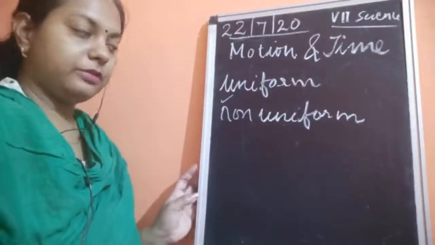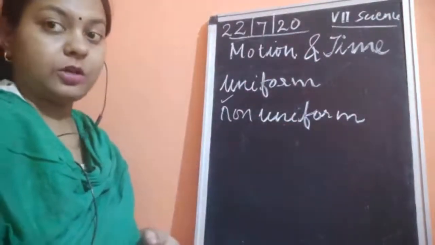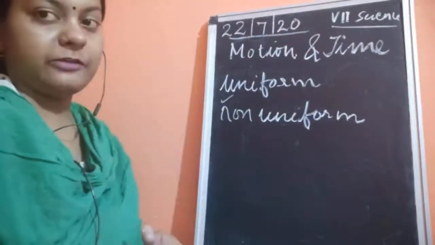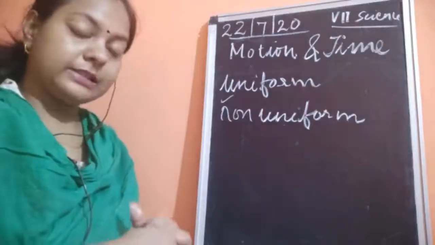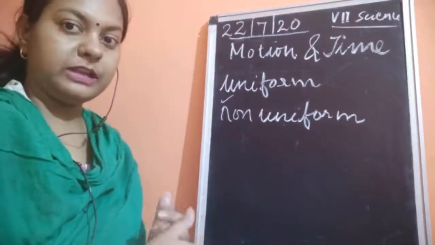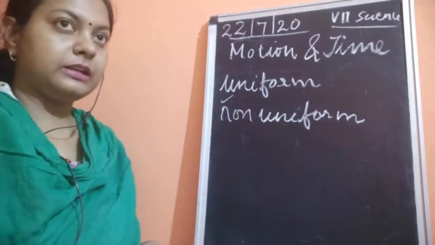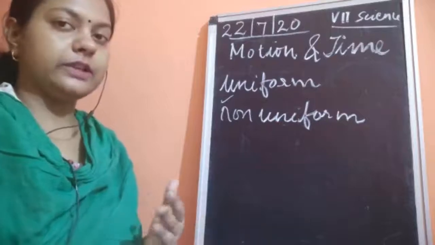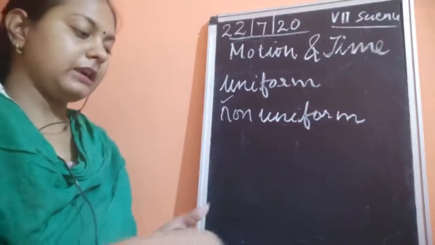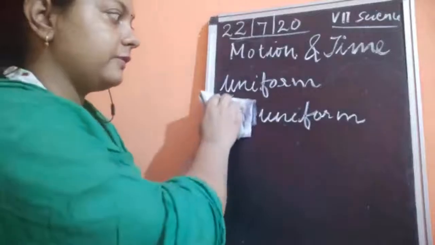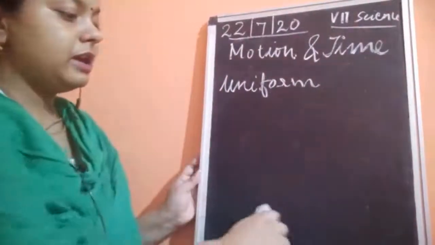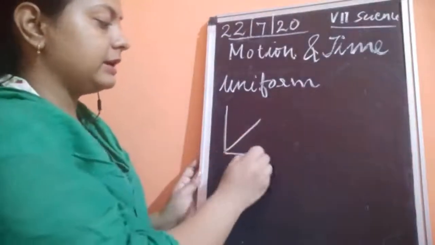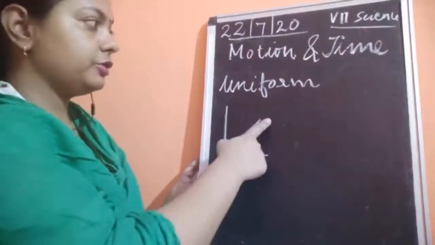So this was the topic we discussed yesterday, and I also gave you how to plot a graph when you have been given the data, and we discussed numericals based upon distance, speed and time. Today also we are going to discuss some numericals and we will draw the graph so that it becomes a practice. I hope you have understood that if we have the graph in a straight line, it shows you uniform motion.